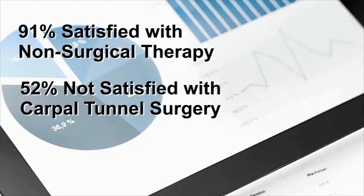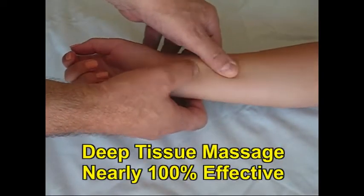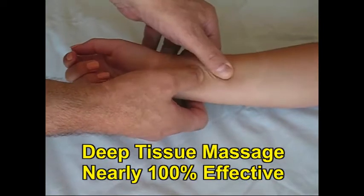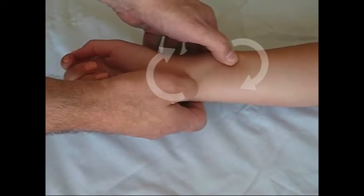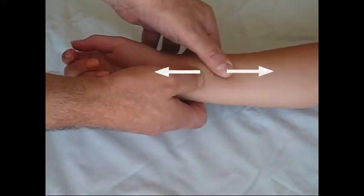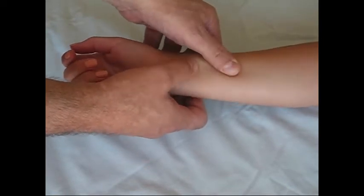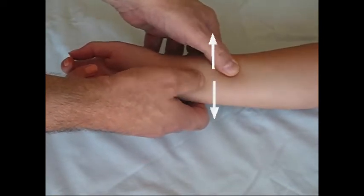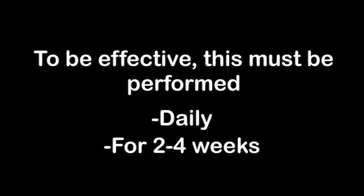So what is the best way to eliminate inflammation by removing the adhesions on the tendons? Most people get complete and lasting relief using deep tissue massage therapy. But this isn't your ordinary massage. Pressures are directed outward from your wrist with every circular motion. The longitudinal component of this motion drains fluid away from the carpal tunnel, while the lateral component of this motion breaks the adhesions around tendons. Most importantly, to be effective, this deep tissue massage must be performed daily and for 2 to 4 weeks, otherwise